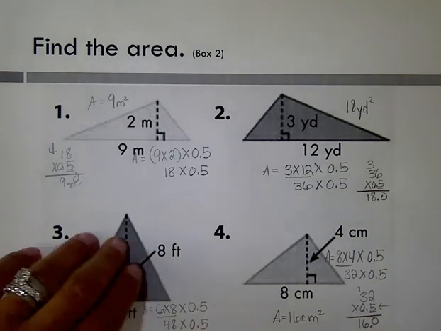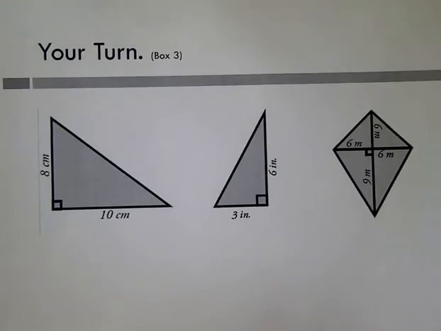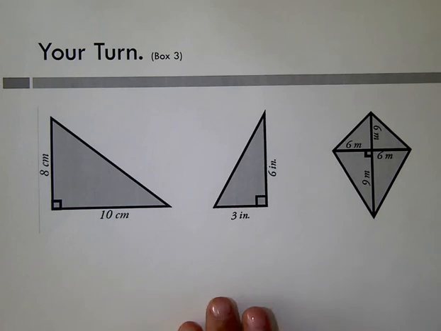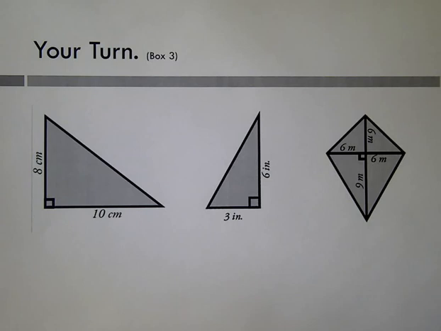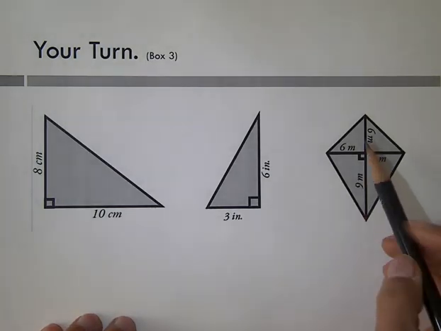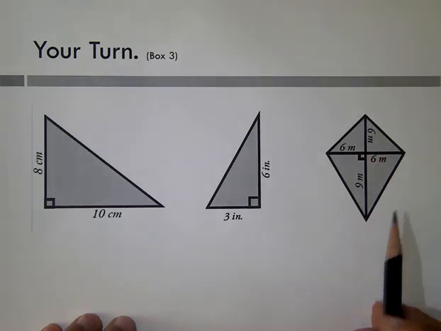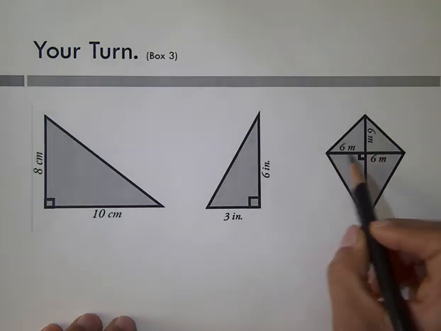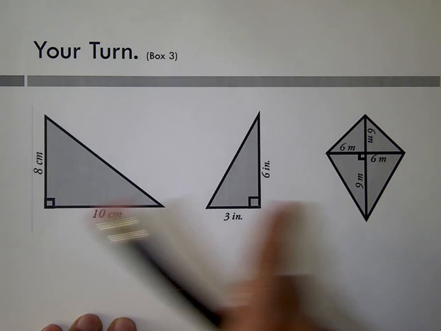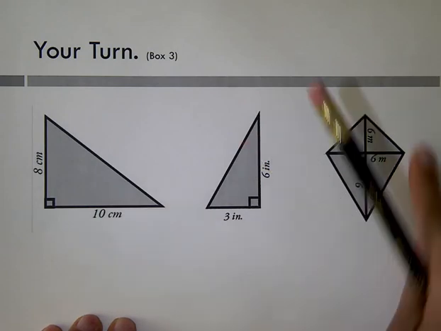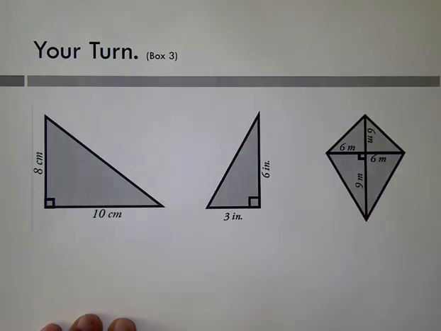And now it's your turn. Be sure to show your work for these triangles when finding the area. Notice that in this last triangle, there are 4 triangles within this triangle. This line being 6 and this line being 9. So although there appear to be 3 triangles inside this last one, there are 4, and you will need to show all your work for those. If you have any questions or comments,